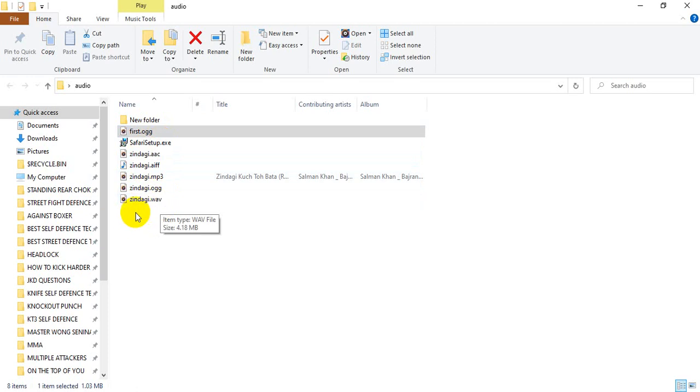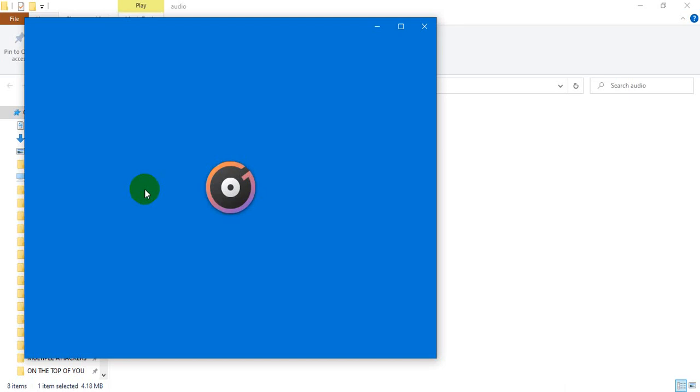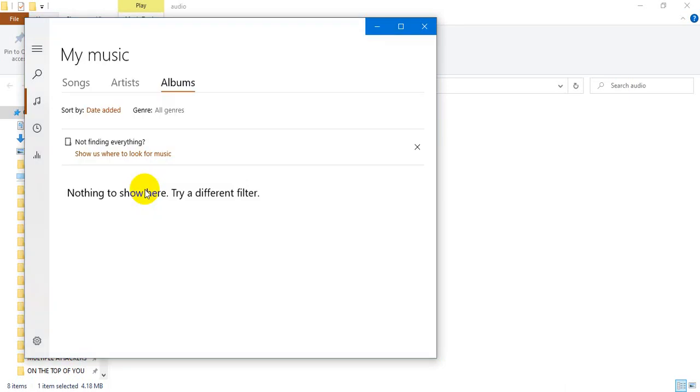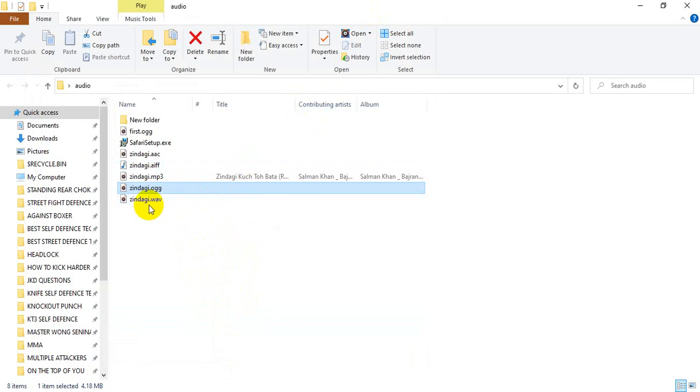Let me play some files. For example, I am going to play the zindagi.ogg file. Before adding it to your web page, first try to play it using your own music player. So it is working, no problem. Now I will check this one too.